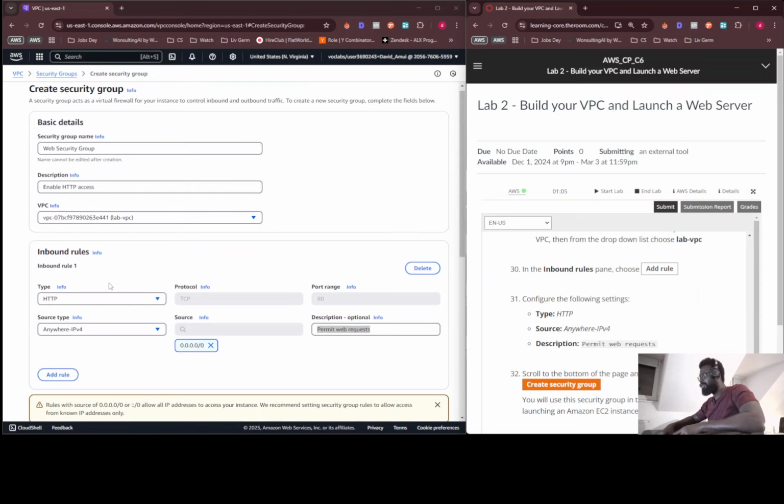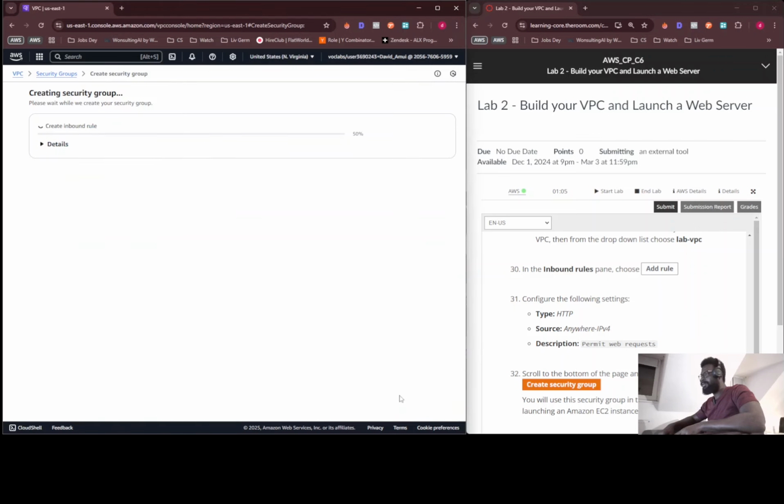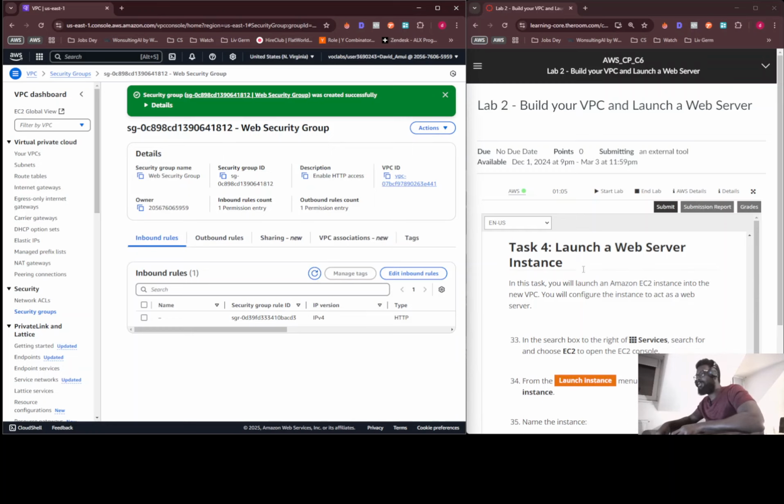Let's just make sure one more time we got everything. Type HTTP, IPv4 anywhere, permit requests. Create a group. Perfect. So task 4. So first, just refresh this. Yeah, come on. Okay. In this task, you will launch